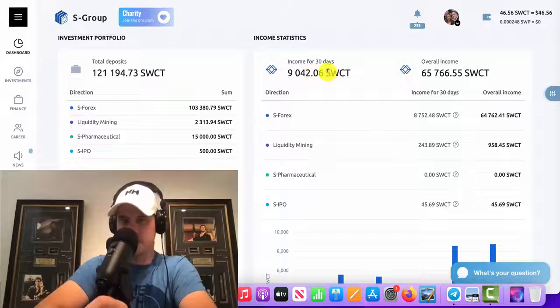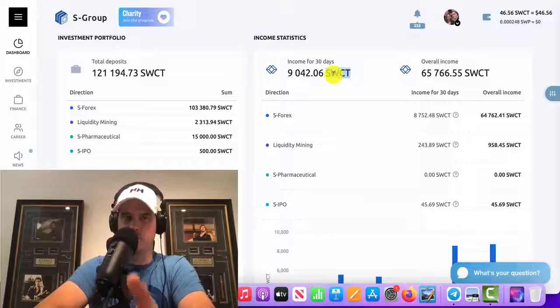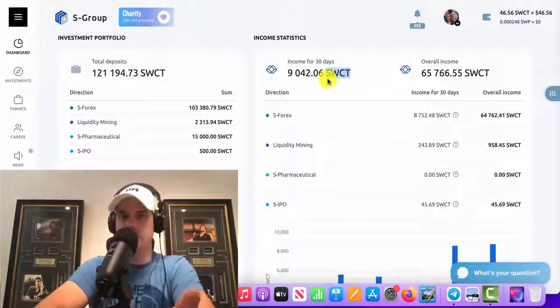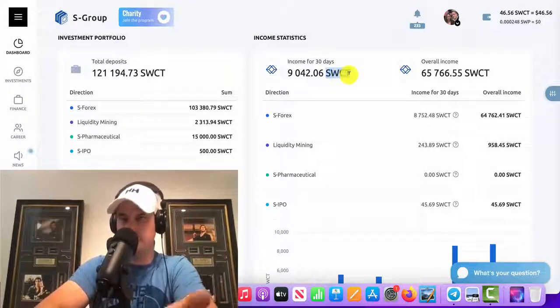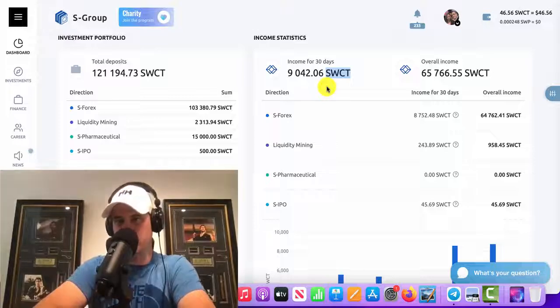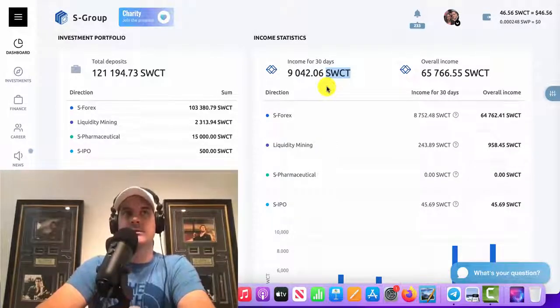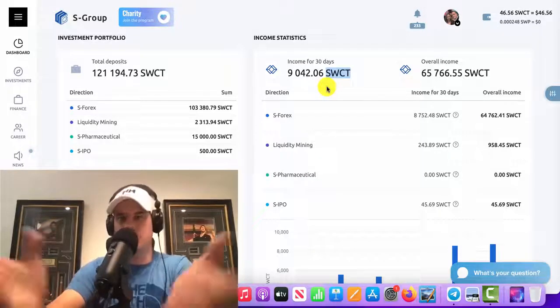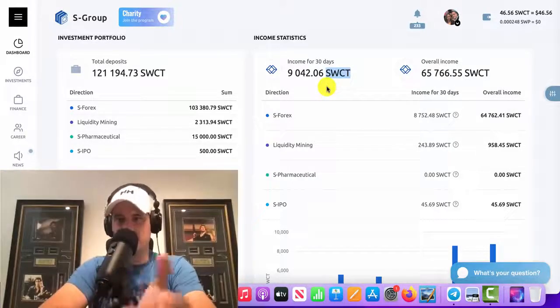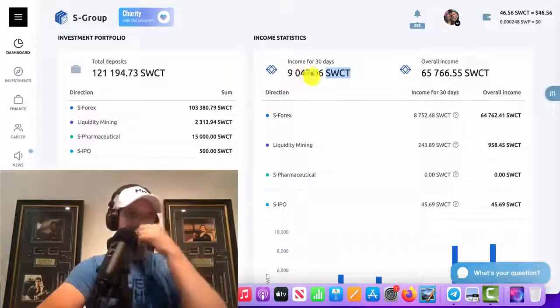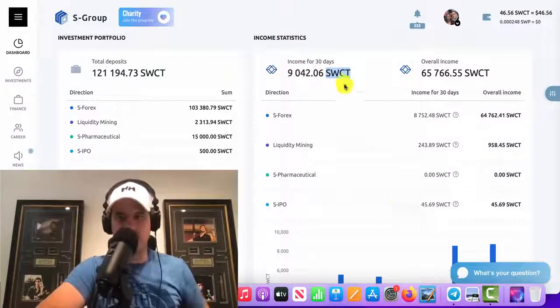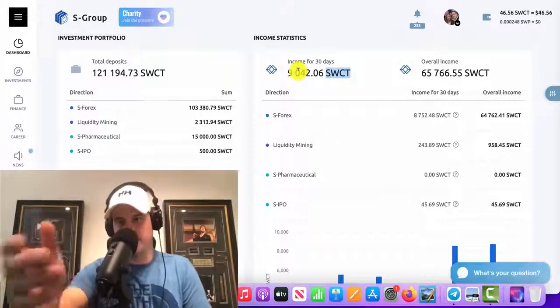USD. Okay, this is the token, the cryptocurrency that they use, which is 1-to-1 with the USD. So 1 USD is 1 SWCT. If you know about cryptocurrencies, think of it as USDT or USDC. It's basically the same thing as that. It's 1-to-1, right? So that's just over $9,000 through the passive investing, and that's not including the commissions as